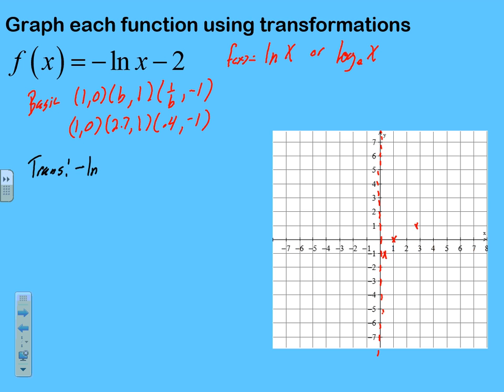So there's no vertical stretching because we're only using 1, but the negative itself says to reflect across the x-axis, which mathematically would tell you, so that's an up and down movement, multiply the y numbers by -1, and then the -2 says to